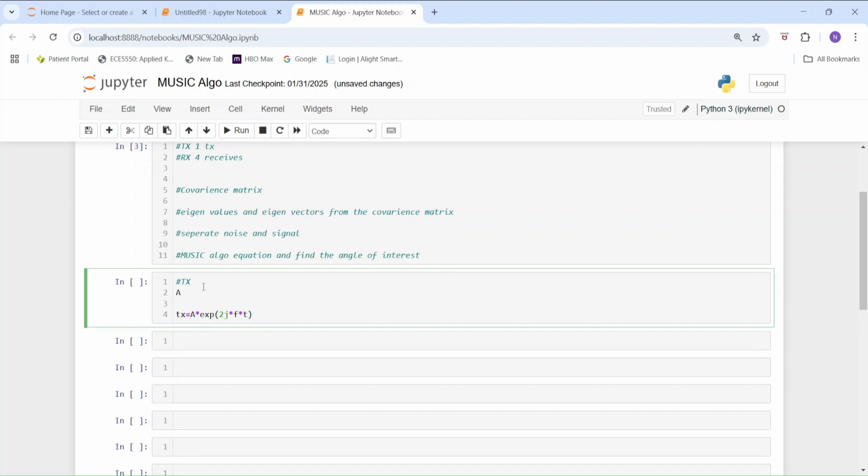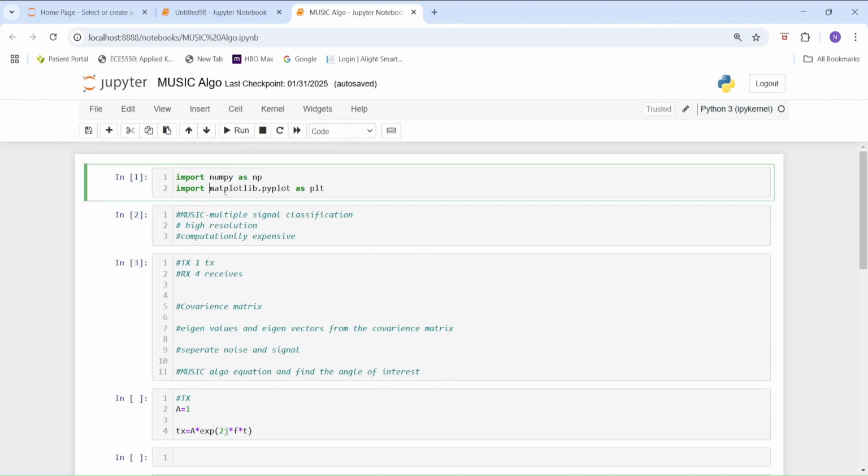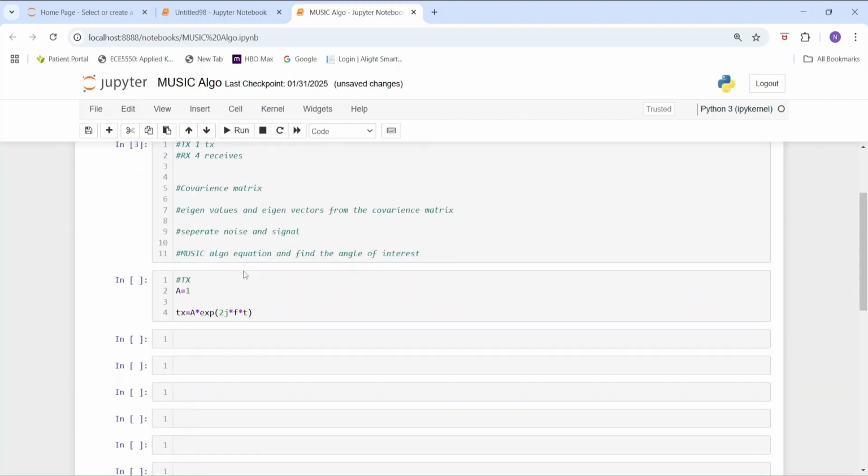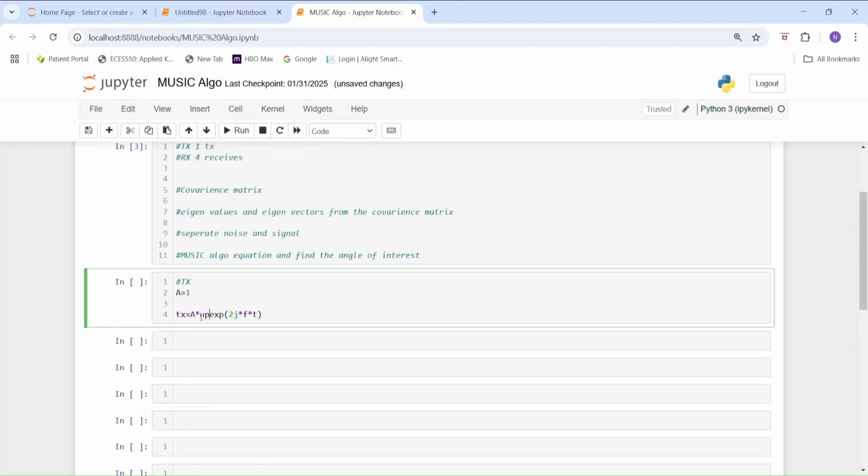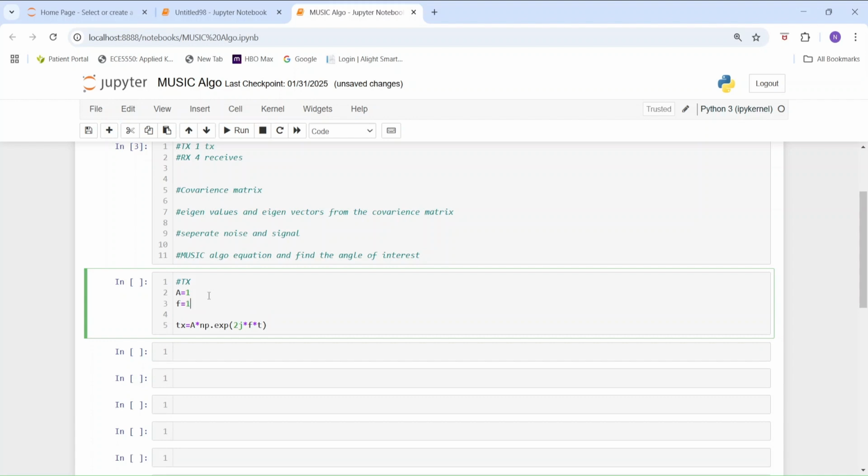Okay, so a is the amplitude. We are having a normalized amplitude, let's say 1, and then we have this exponent. So we already imported numpy right here. So from the numpy library we're going to have this np.exp. And then we haven't defined the frequency, so let's say our frequency is 1 meg, and then we have